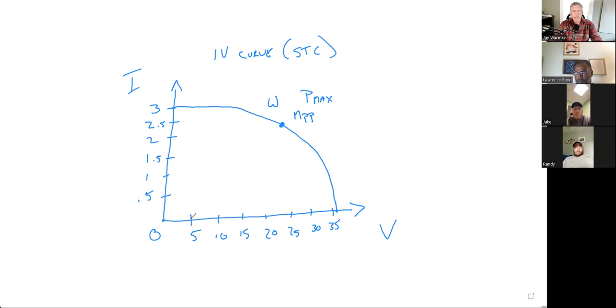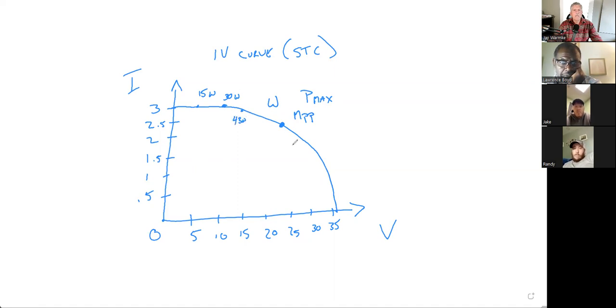So if we're operating at 5 volts, we're going to have about 15 watts, 3 times 5. If we move that to 10 volts, we're going to have somewhere close to 30 watts operating here. If we increase the voltage to 15 volts, well, it's not quite 3. Let's say it's 2.9 or whatever. Well, then, if it was 3, it would be 45. So let's say 40